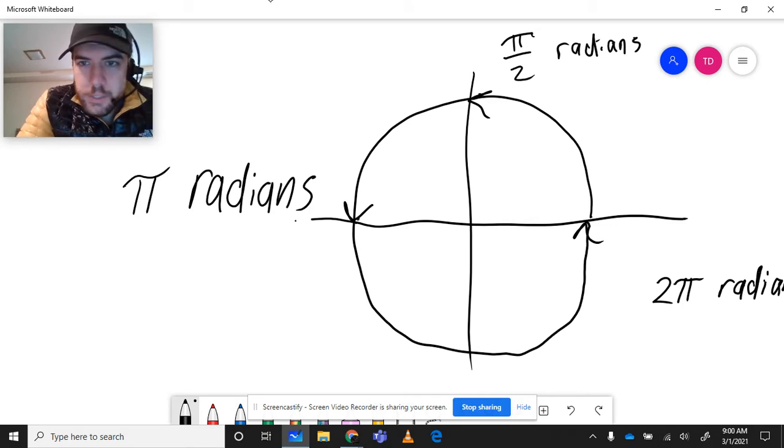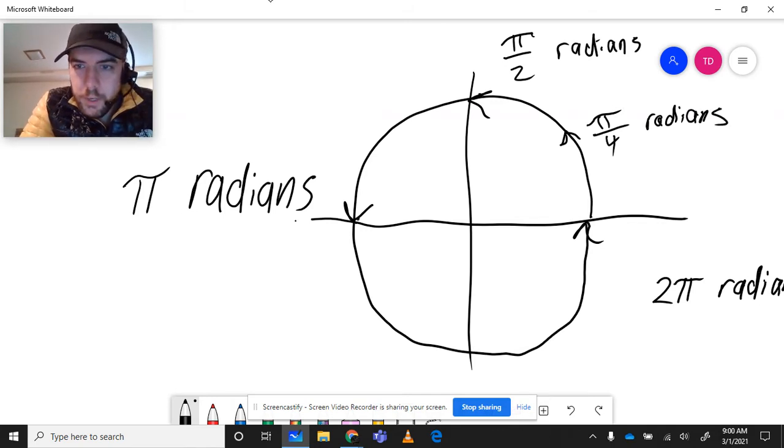And if I went an eighth of the way around a circle, if I just went to right there, I would have pi over 4 radians. Okay, and if I went half of that, I would have pi over 16